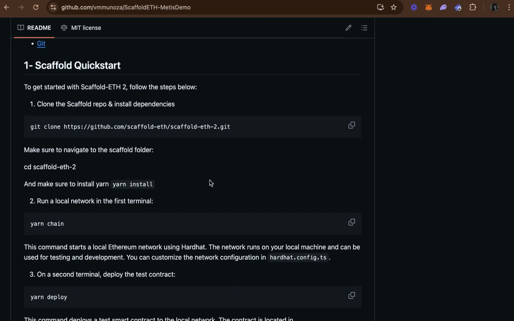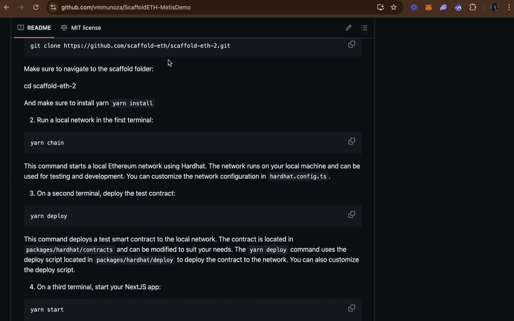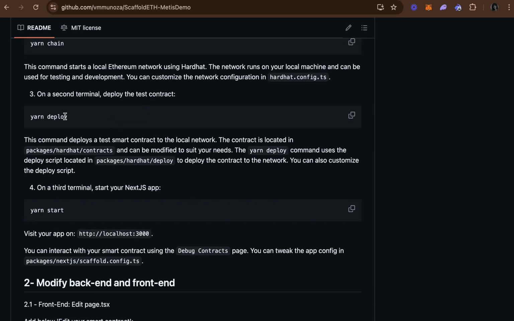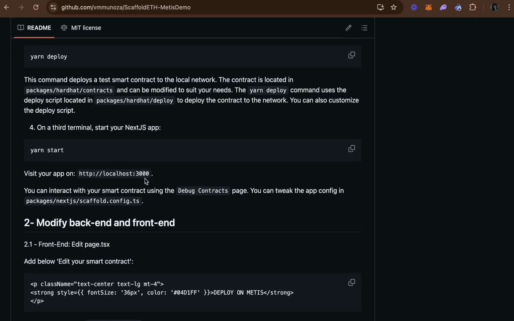So you clone it on your terminal, and once you are done cloning that, you have to install the dependencies by running yarn install, and that takes a few minutes, from 3 to 4 minutes or more, depending on your network connection. And when you do that, you have to start the local Ethereum network. Using that, you have to run yarn chain. And after that, you run yarn deploy, and yarn start to view what you deployed on the